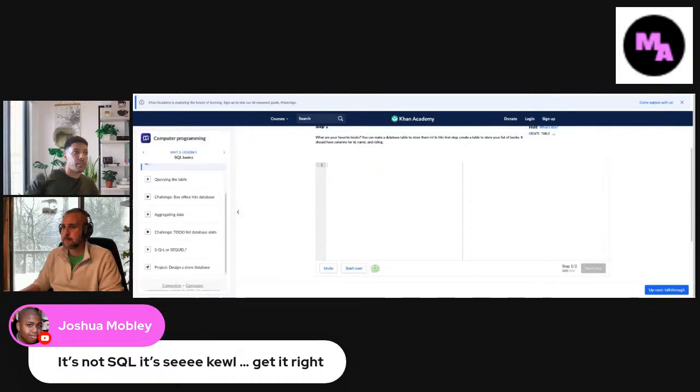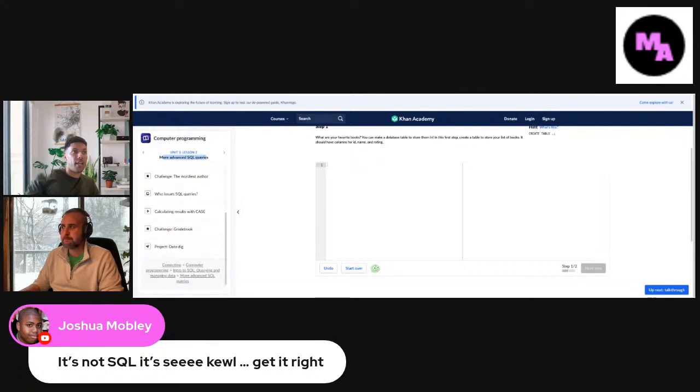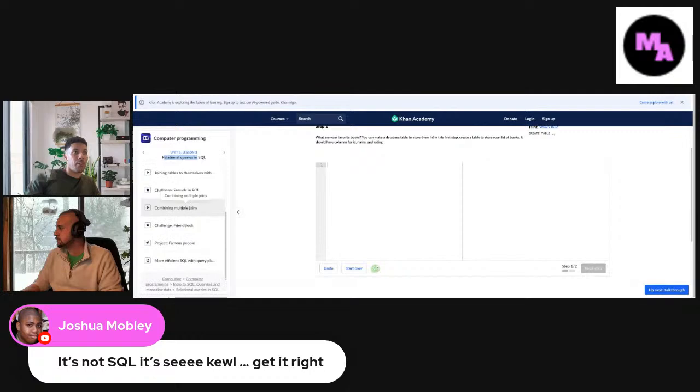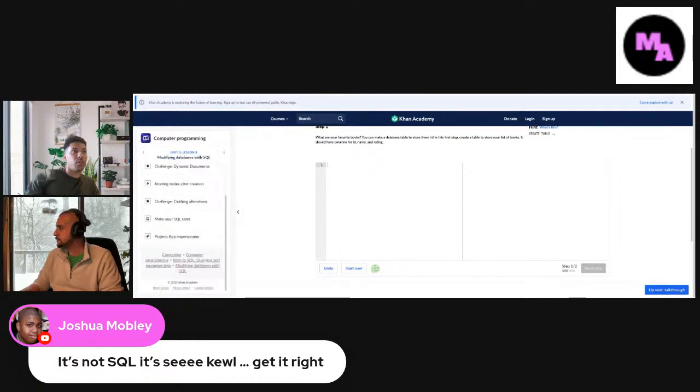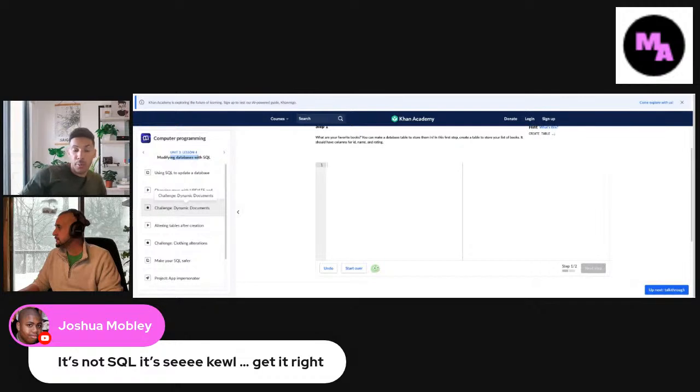You're going to learn how to query tables. You're going to learn what the basics of a SQL query are. And then next lesson, you're going to do more advanced SQL queries. You'll do a project. Lesson 3, you'll do relational queries in SQL, combining joins, more efficient SQL, modifying databases with SQL. I'll be honest, the more and more I get into Salesforce, the more and more I realize how